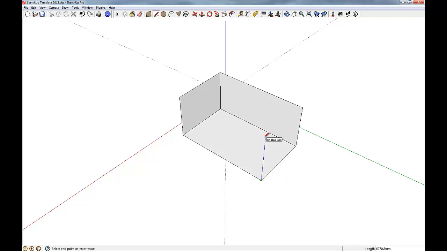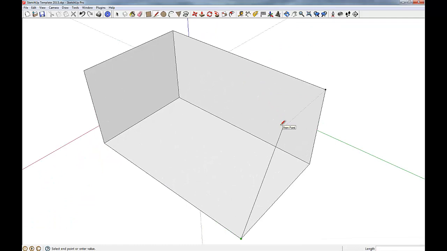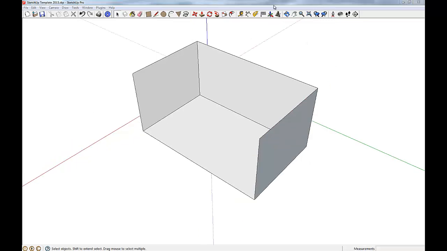Now, one of the other things that's very fortunate in SketchUp, and there's actually a really good YouTube video available in our resources to have a look at this, is that with lines you can do what's called referencing. If I'm trying to draw this line to the same height as there, all I have to do is go across and rest my cursor on that point, and you'll notice those little red dots. I'll make it a bit larger. See those little red dots? That's telling me that I'm at the exact height of that other wall. And so if I click there and add that point to that point,